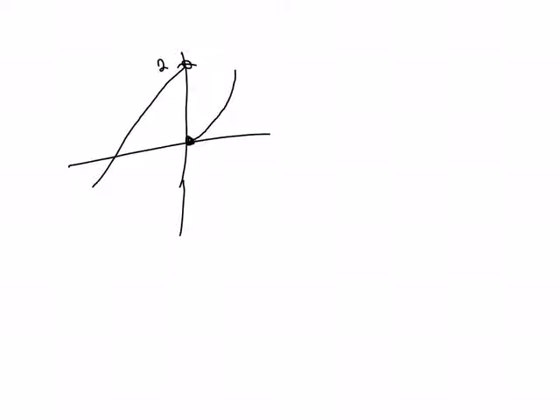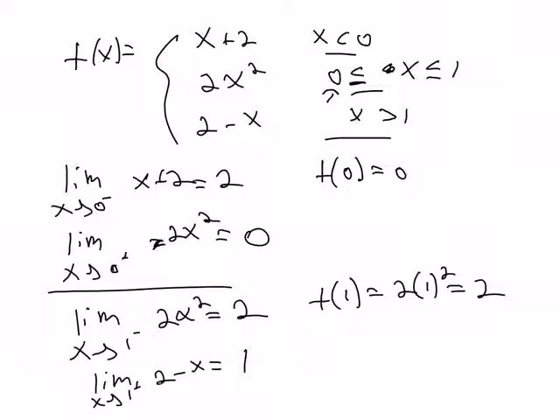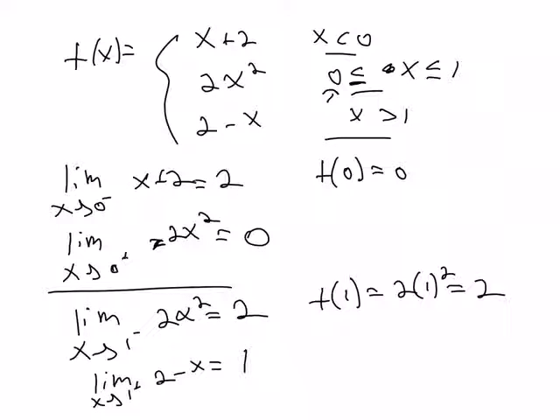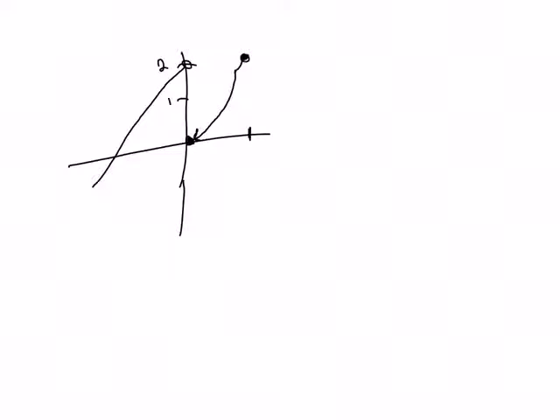And this comes back to 2, right? Because as we reach 1 from the left, we're back at 2, and here we are filling it in, so it is continuous from the right at 0 and from the left at 1, but it's not continuous from the right at 1 because now it drops. So this is a line going like that. It drops to 1. So here's 1, drops to 1, and then it just becomes a line. That's problem